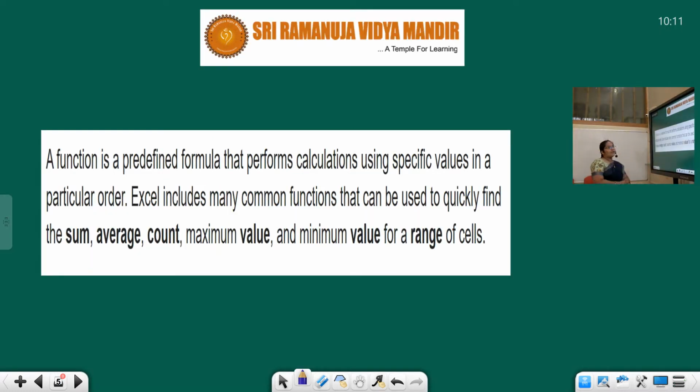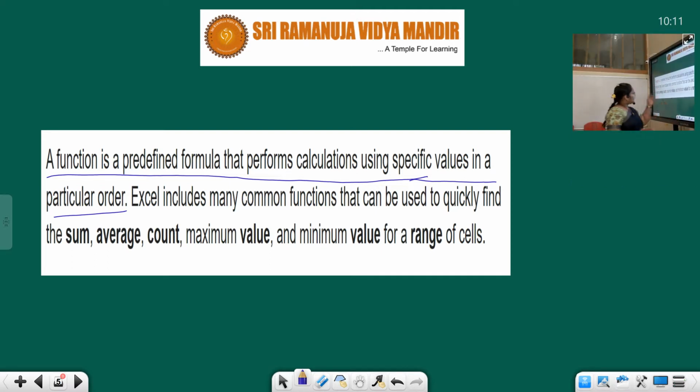Next, what is a function? Whenever we want to use MS Excel, you need to give some functions to get arithmetic operations done. So what are the functions? A function is a predefined formula that performs calculations using specific values in a particular order. As I said, when you are giving a particular format and different characters or information to the computer system, you can use these functions predefined in MS Excel.